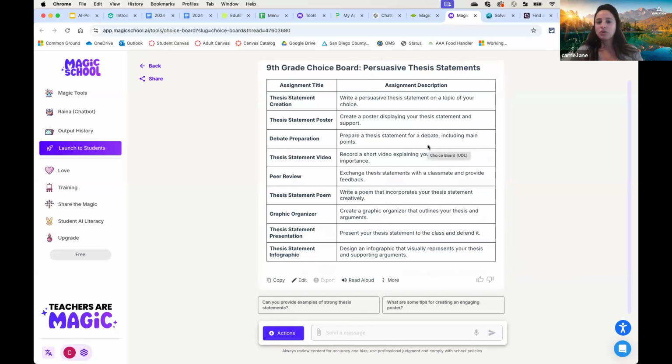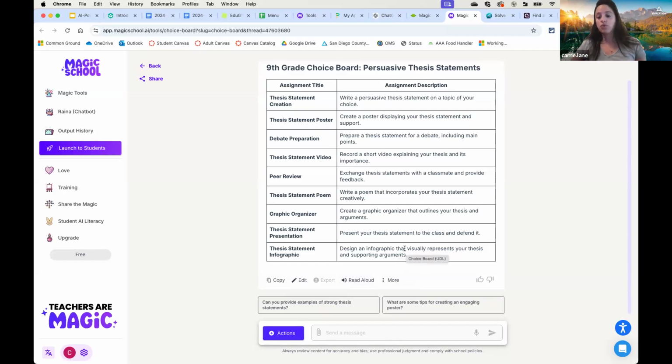And then you can put it into a cool tech choice board format, or you can just have a printout for them. You can copy it, you can edit and add your own things. You can have it read aloud. And so this way you can start to think about what your standards are and then how you can have this at different, creating it as a different means of representation, means of engagement. And so this is really interesting.